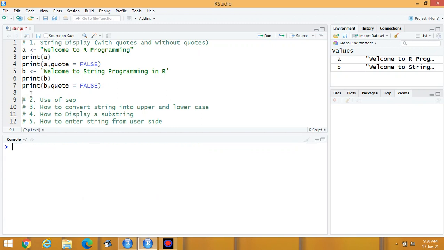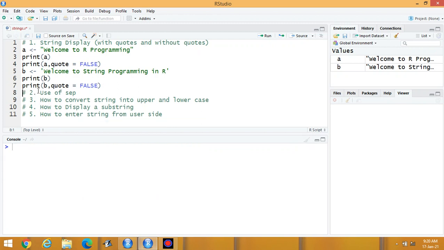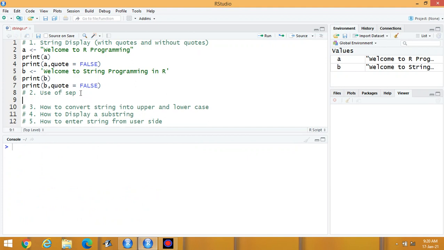Now the next content. Use of separator. The second part of this program.